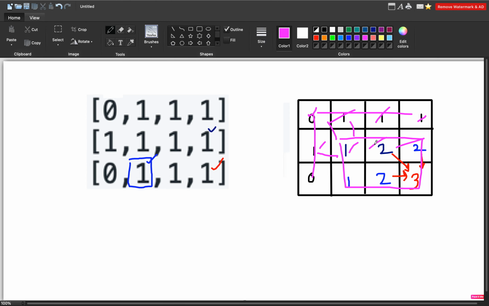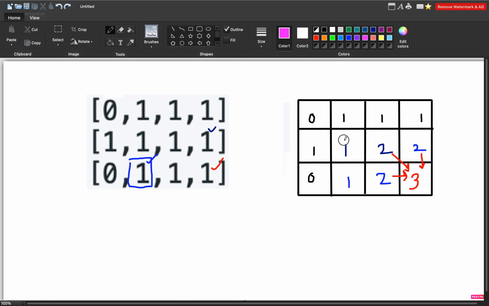If i is equal to 0, basically this row, we can simply add the values present at these indices. We don't have to do anything. Similarly for j equal to 0 also, we have to add all these values.